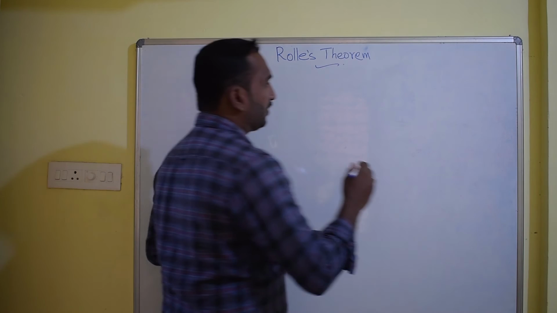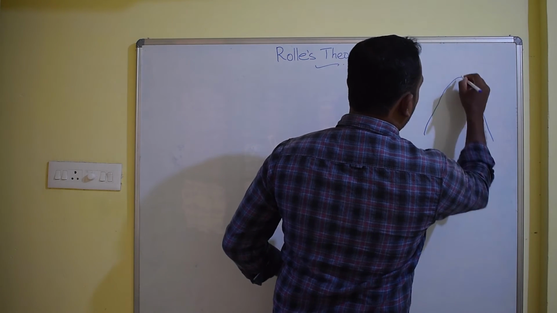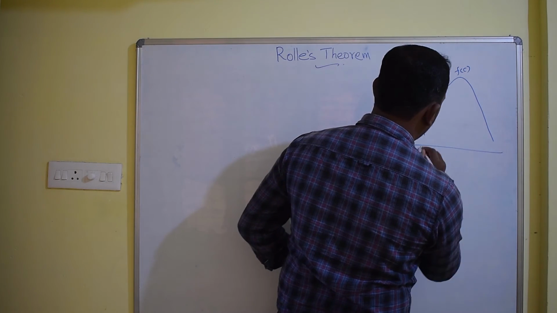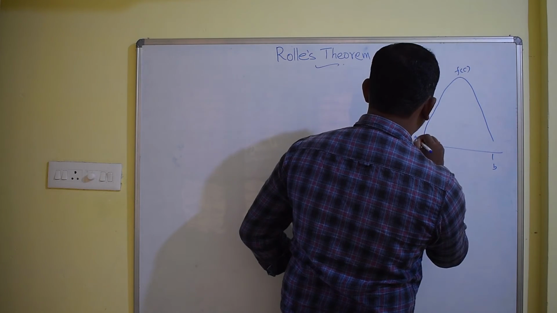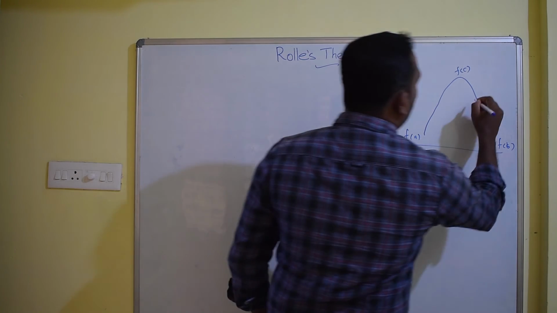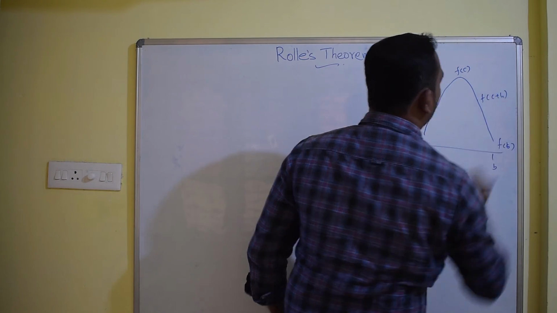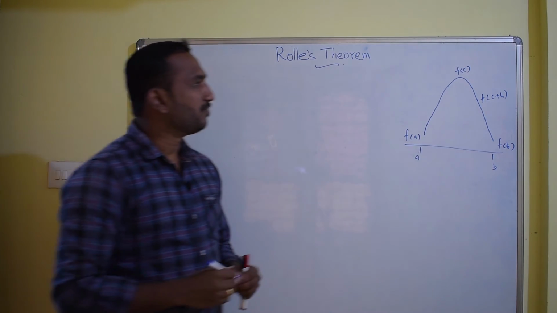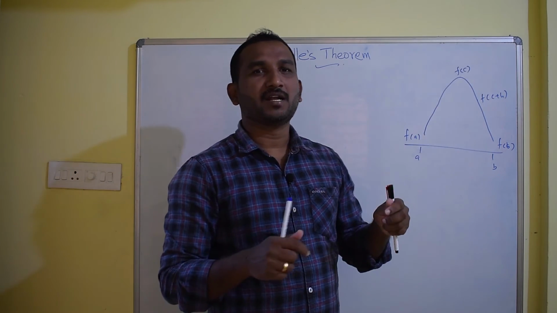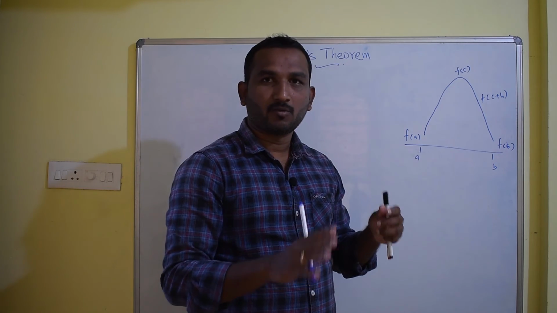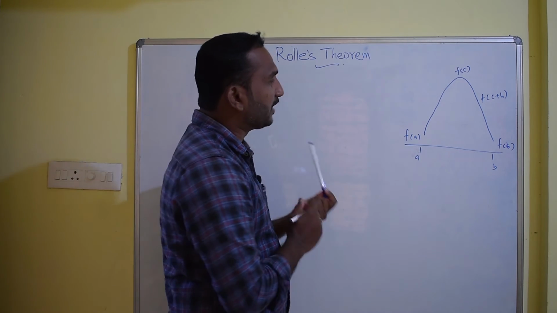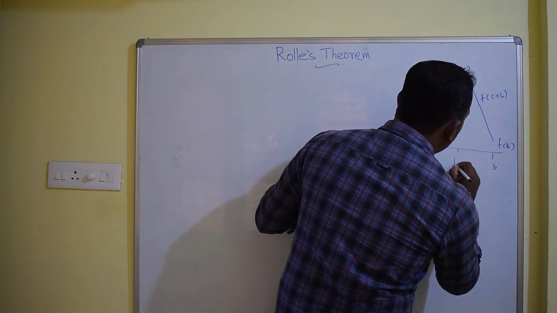Now I have the function, let it be, this is the maximum I have, let it be some f of c, right, a, and this is b, f of a and f of b, and I will choose another value, that is f of c plus h, which is the minimum, because f of c is the maximum value, either on the right hand side or left hand side, whatever it is, f of c is the maximum value, rest of the values are minimum. For that I will choose here this h.